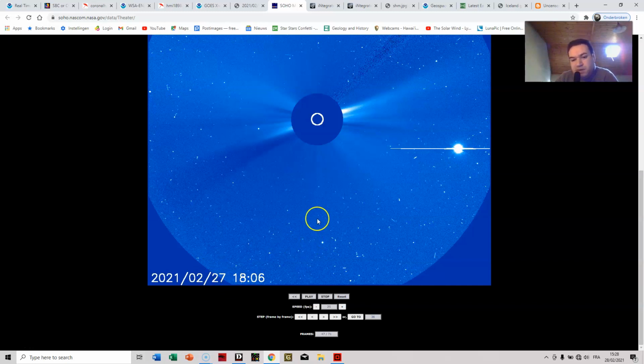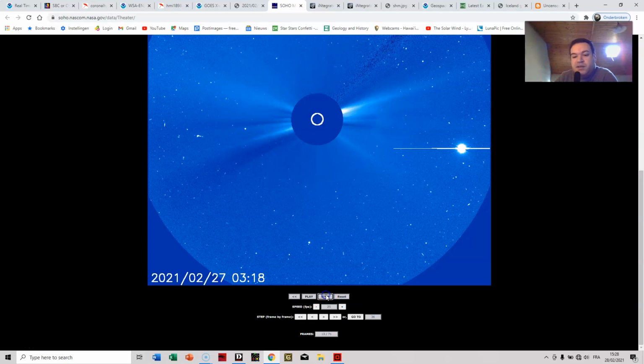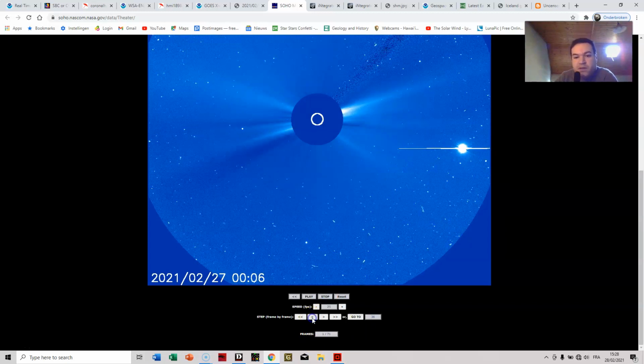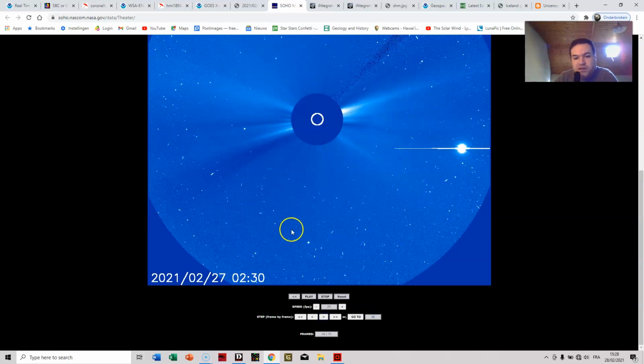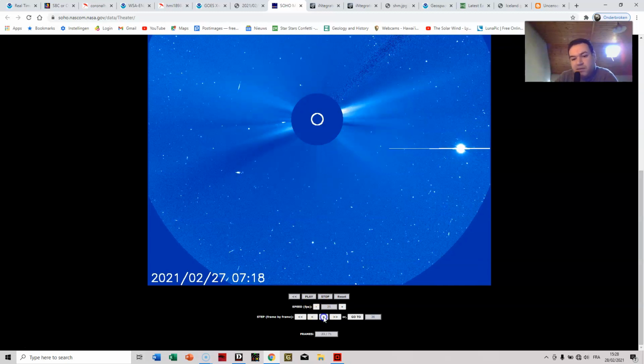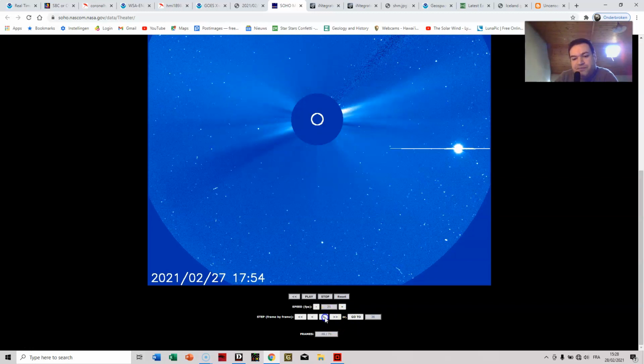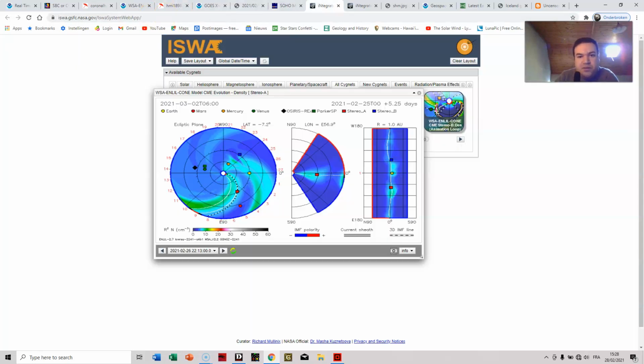It happened yesterday around the same timestamp, and basically what I saw is a sundiving comet. Now I can't say for sure if this is the reason why these combined CMEs or outbursts happened, but as you can see, around that time yesterday there was clearly a sundiving comet or object going on, and in my opinion this is also the one here in this simulation